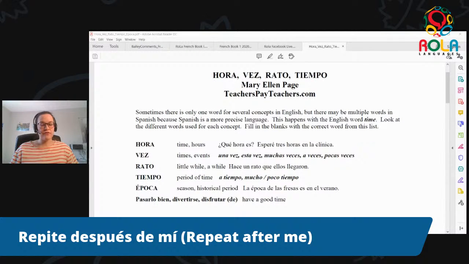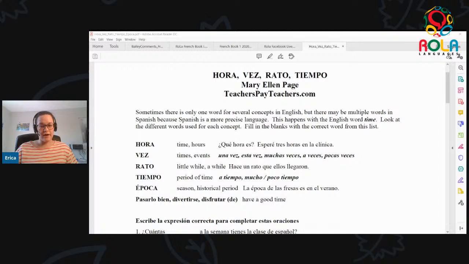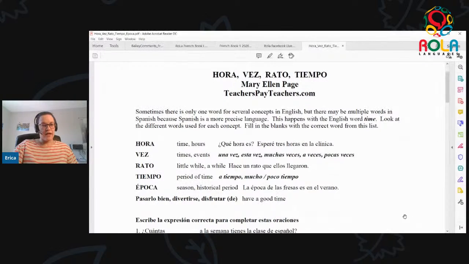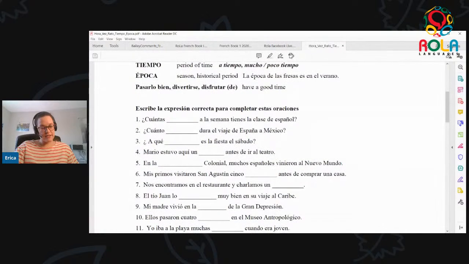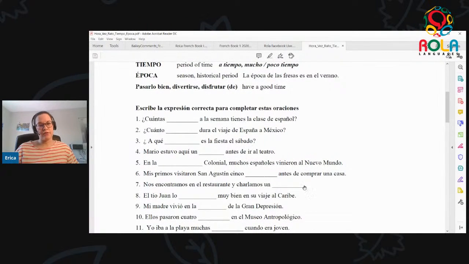So those are the 5 different time words we're going to be using to try the exercise below. We're actually going to do the first 10 questions, but in this particular exercise, they also include a little bit of verb practice. So I'm going to skip the one in the first 10 that involves a verb, because we're focusing our attention on using the words for time. But we're going to do 10 questions altogether to practice.